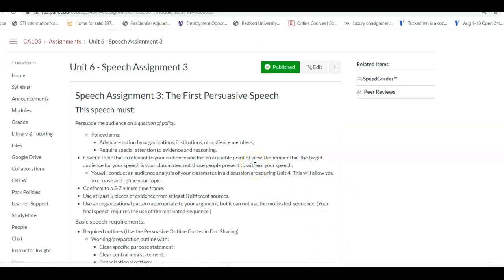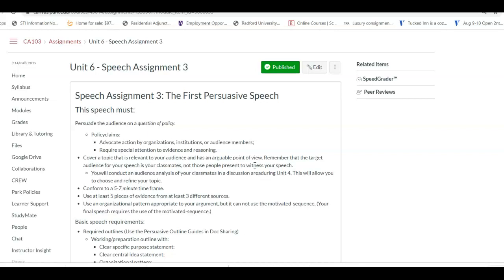And then you will be giving your 3rd speech this week. Remember, it has to be in front of a live audience of 6 adults. This is a persuasive speech on policy. So you're going to want to identify a policy. For example, it could be a recycling program at the place where you work. It could be on vaccinating children, but it needs to be something that is an actual policy, and it needs